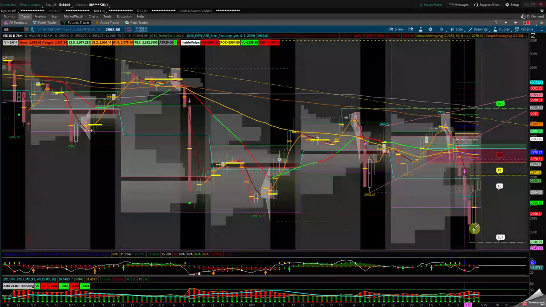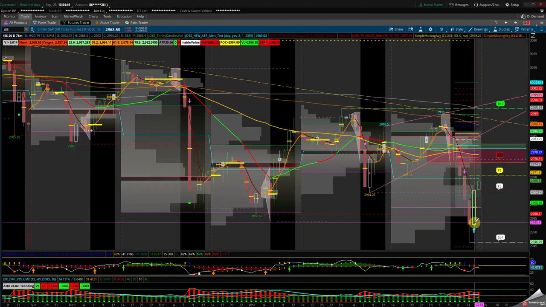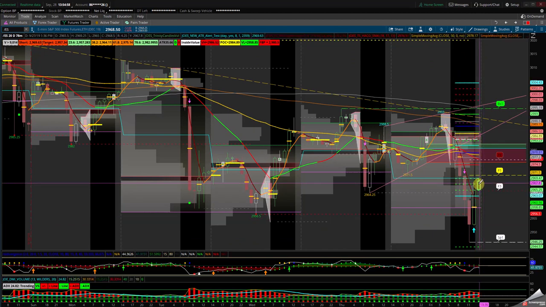When we were coming back through the 47 area, 48 and a quarter, I took a long there to the 38.2 Fib, which was down here, and we retested where on the close 29.65.50, and we closed in that area. Then the 4:15 bar closed at 68.50. So this was in the after hours.